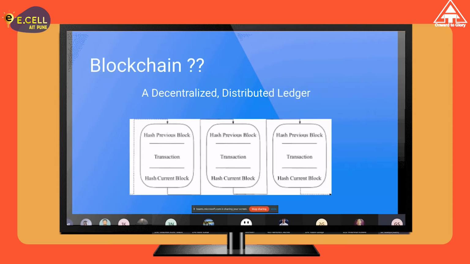logbook or registry where you store different transactions. You can probably find a ledger or a registry similar to this in a local business or in a shop. If you go there, you'll probably find the business owner maintaining a logbook or registry of all the transactions that are happening every day.